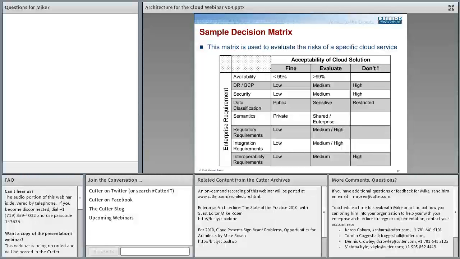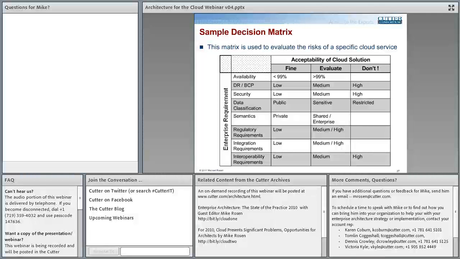Okay, great. The next question: are there any hard and fast rules of thumb on whether to go to the cloud or not? Well, as a good consultant, there's only two possible answers. The first one is "it depends." So I guess I'd have to say no. There are not really any hard and fast rules.